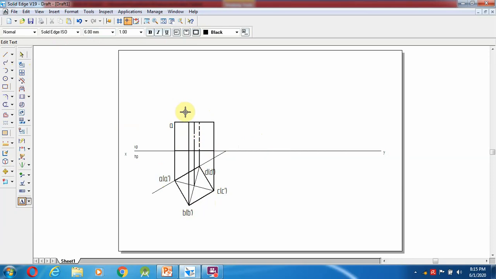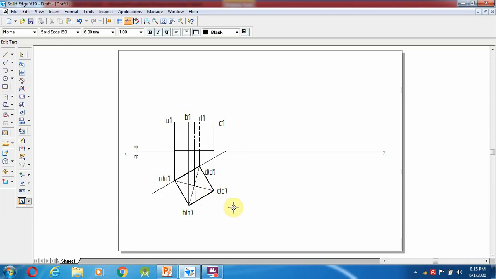What comes into the top view we are going to give as A1, B is the B1, and C is the C1, D is the D1, and centrally it is coming as O and O1.